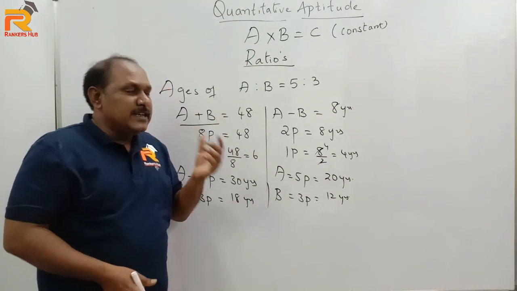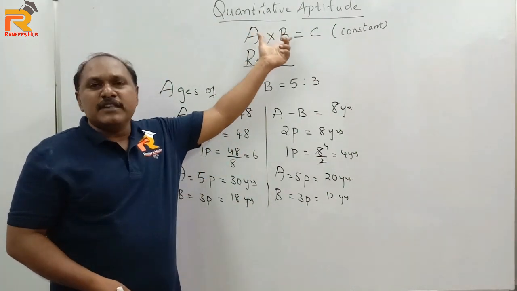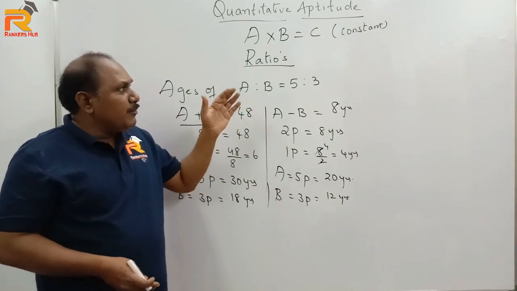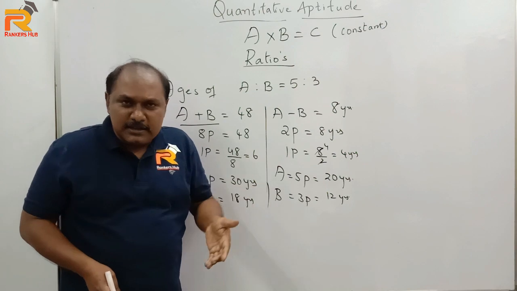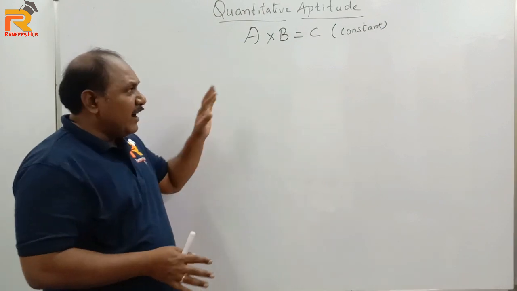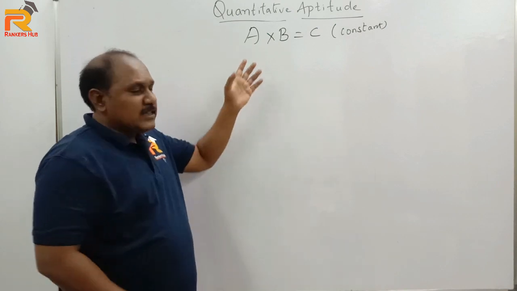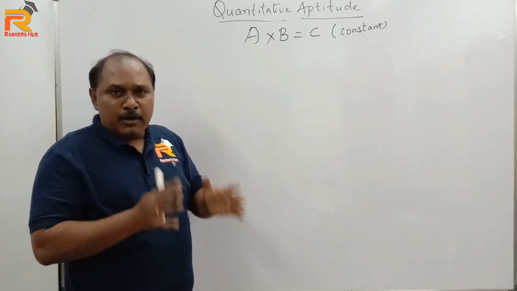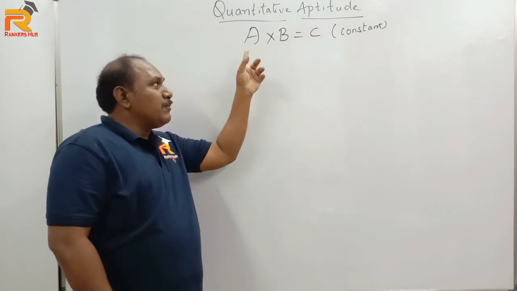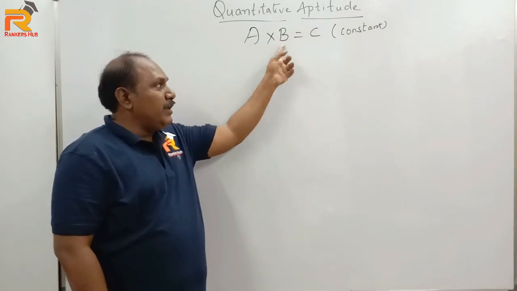By learning this basic, we can solve the questions of this model. Now let us first of all learn one more point before we actually go into the problems. As I told, we are going to solve the problems which are in the form of A into B equal to C, where the terms in the problem will be in the form of A into B equal to C.